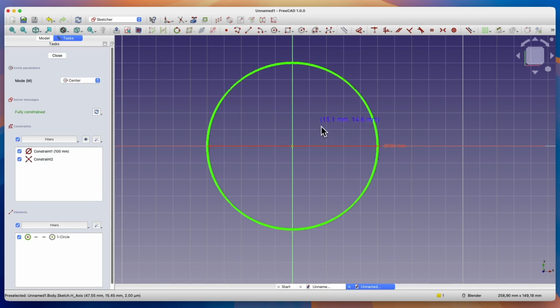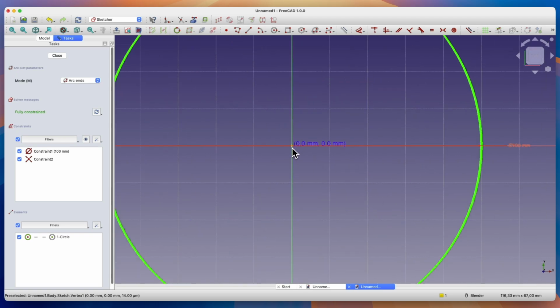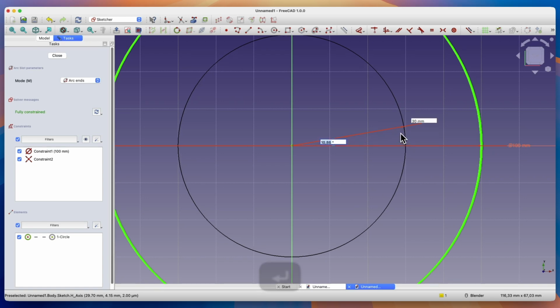Then select the slot drawing command and select the create arc slot command here. This command works in such a way that we first specify the center point of the slot, then specify the radius, enter 30 millimeters. Then we define the starting angle, that is, the place where we will start the slot, enter 0 degrees here,